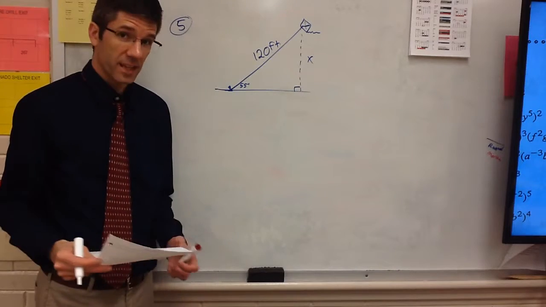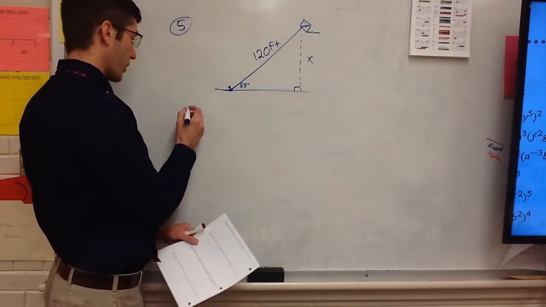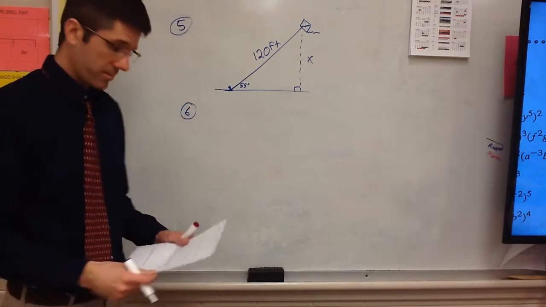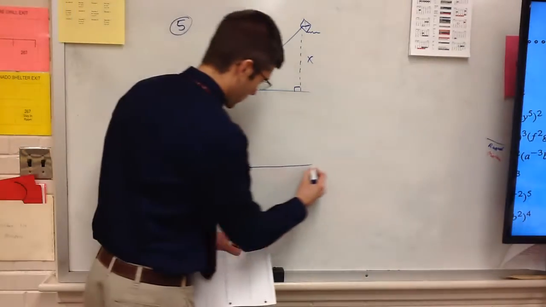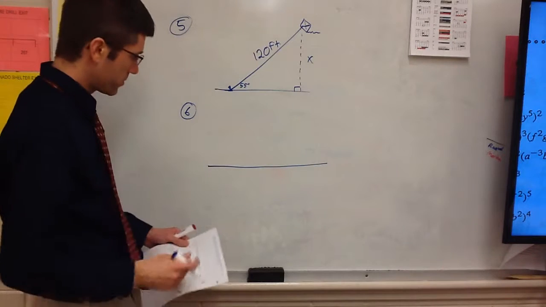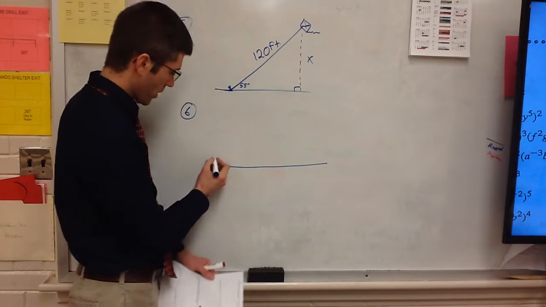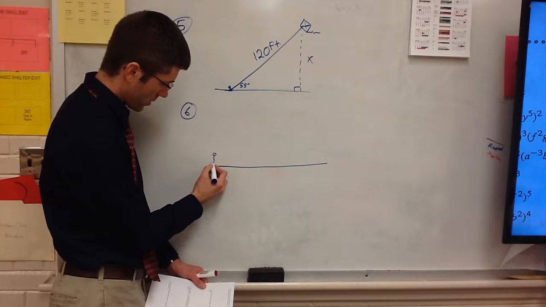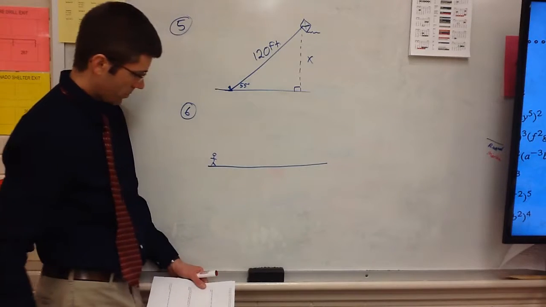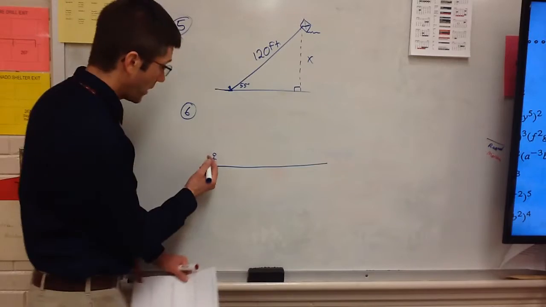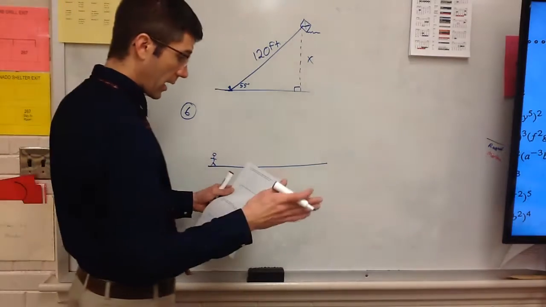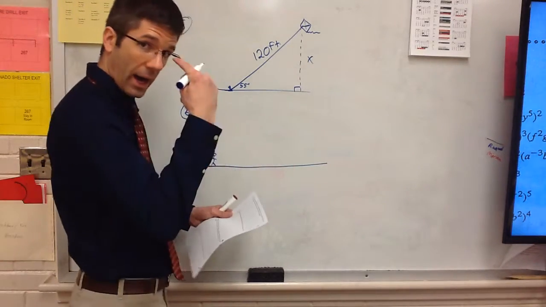Okay, number 6, however, is tricky. I'm going to start 6 but not finish it. My eyes are 6 feet from the ground. If you're over 6 feet tall, then that's probably a good estimation. So here's me. Wow, I'm really skinny and have a wavy stomach. My arms are low. Anyway, I'm 6 feet off the ground, and my angle of elevation from my eyes